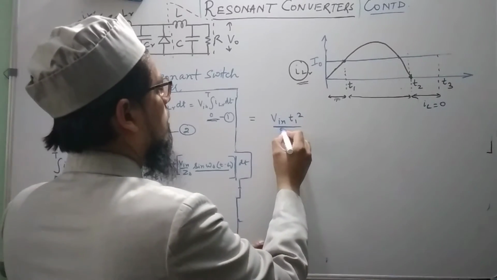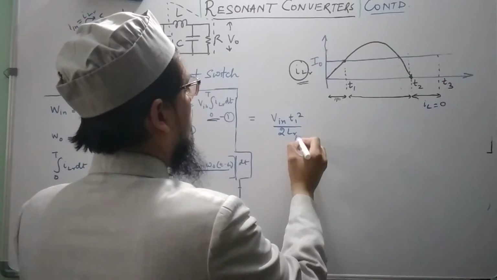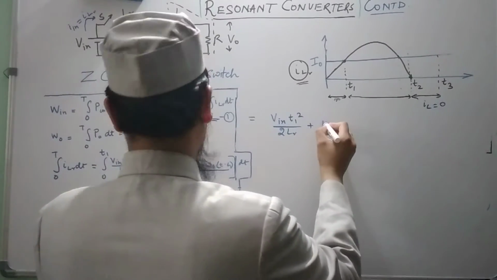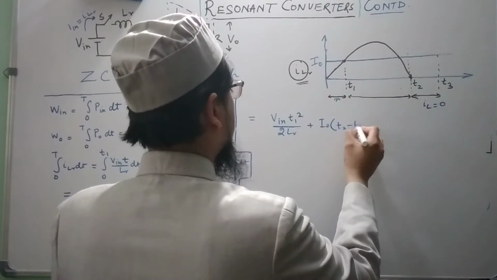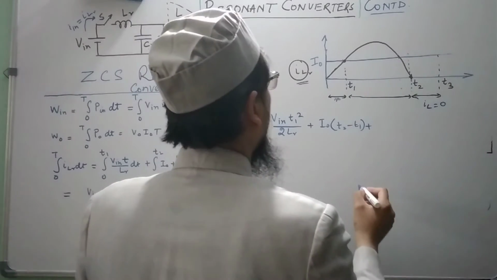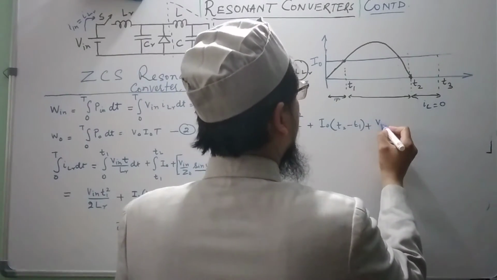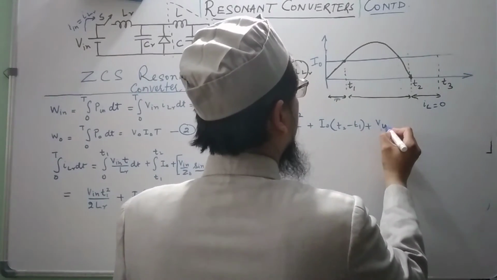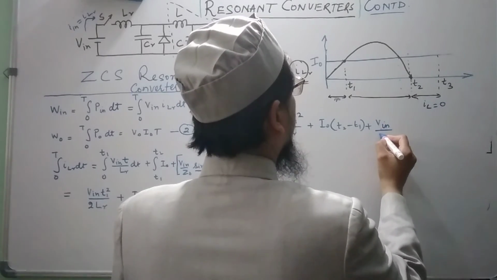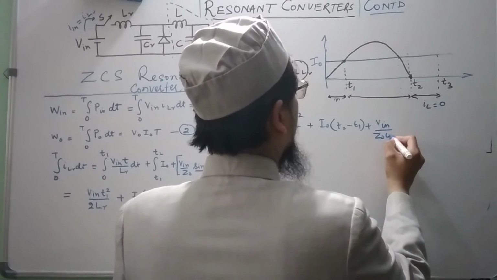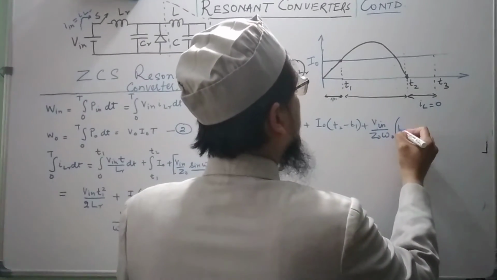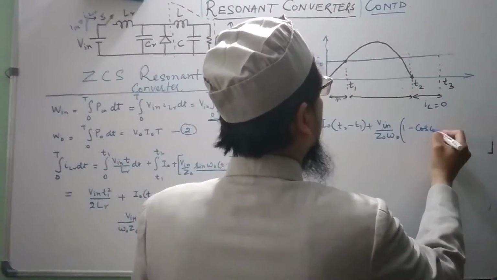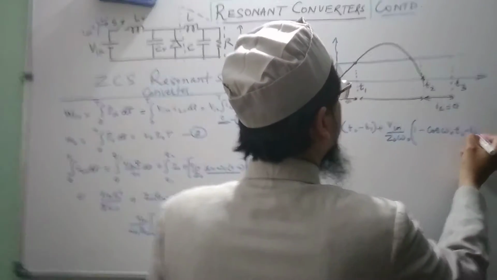So V in T1 square by twice of LR plus I naught T2 minus T1 plus, and this will be reduced to V in by Z naught omega naught, and within the bracket we have 1 minus cos of omega naught T2 minus T1,